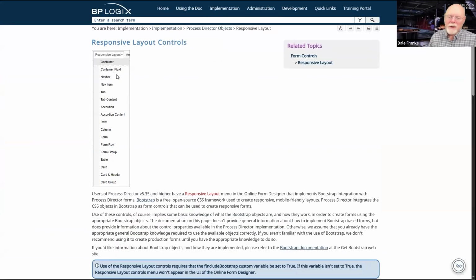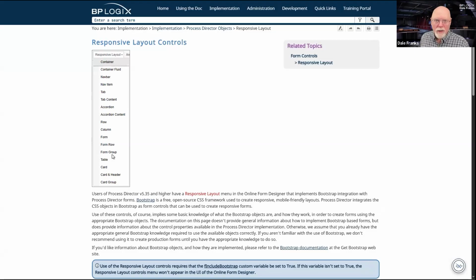So there is a menu of controls called the responsive layout controls. It implements Bootstrap in Process Director. Bootstrap is a web styling / design framework that you can use to build Process Director forms.